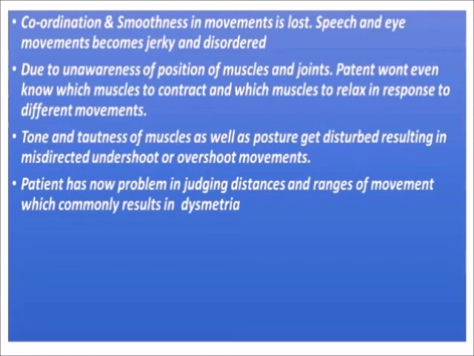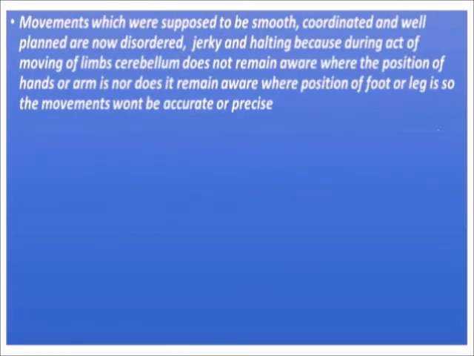The patient now has a problem in judging distances and ranges of movement, which commonly results in dysmetria. Movements which were supposed to be smooth, coordinated and well planned are now disordered,